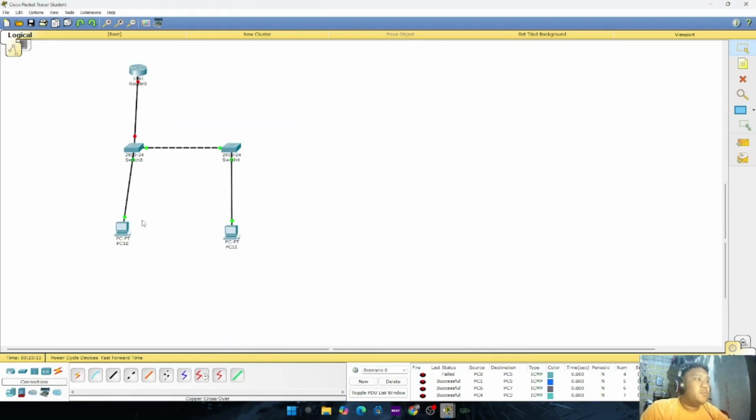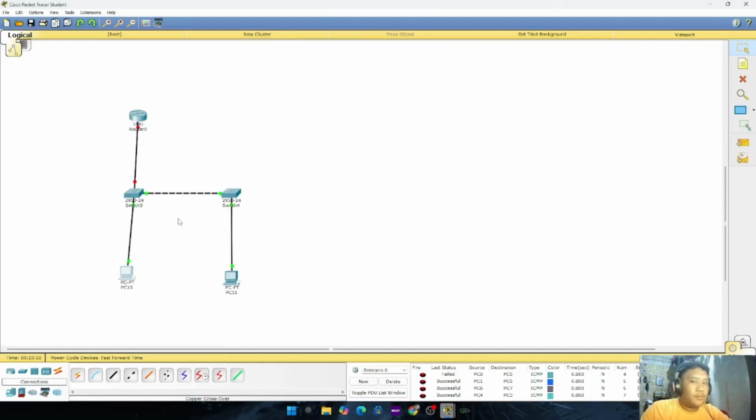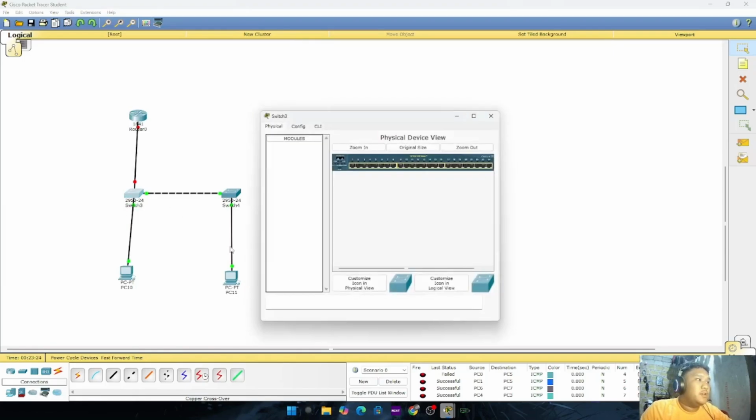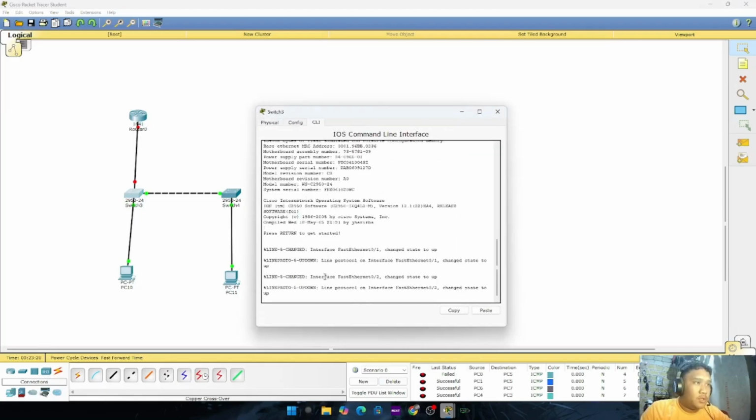Now let's move to the next discussion, which is about inter-VLAN routing. As you can see, I have here a router and a switch. I forgot to trunk the switch, but I already configured the PCs.